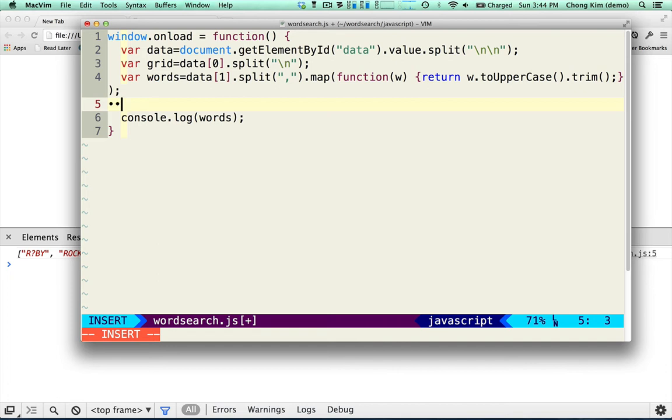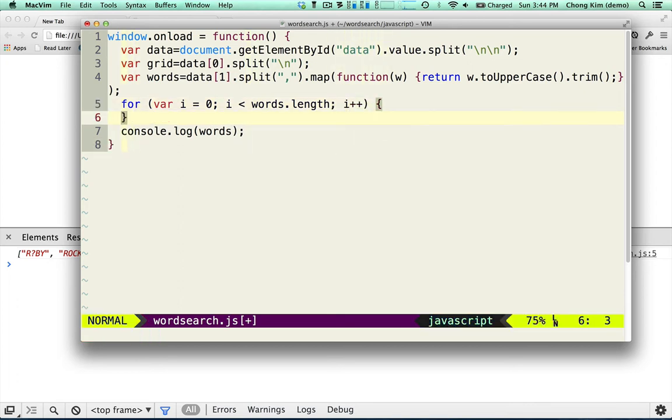So we need to make a for loop, for i going from 0, i less than words.length, and we need to